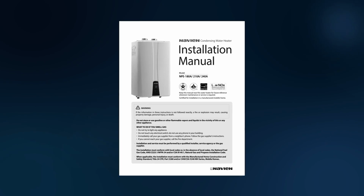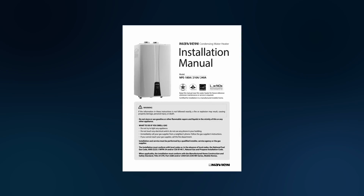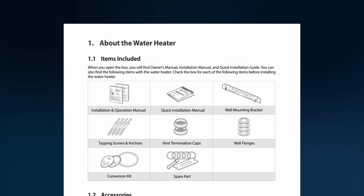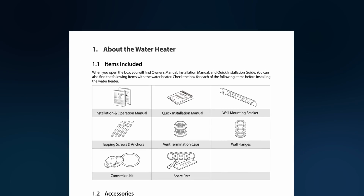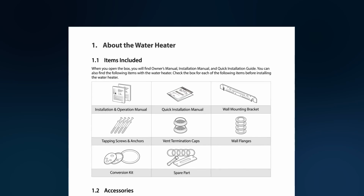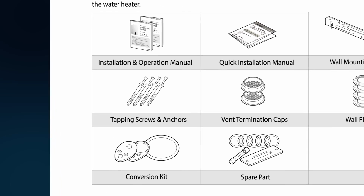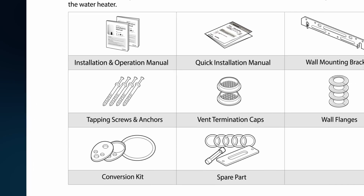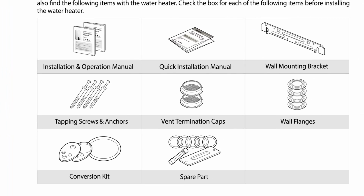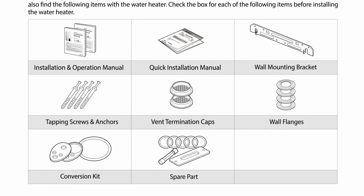Please review all instructions included in the installation manual before installing the Navien NPE series water heater. Before starting the installation, remove the water heater and parts from the box and check that all contents are included: Installation Operation Manual, Quick Installation Manual, Wall Mounting Bracket, Tapping Screws and Anchors, Vent Termination Caps, Wall Flanges, Conversion Kit,